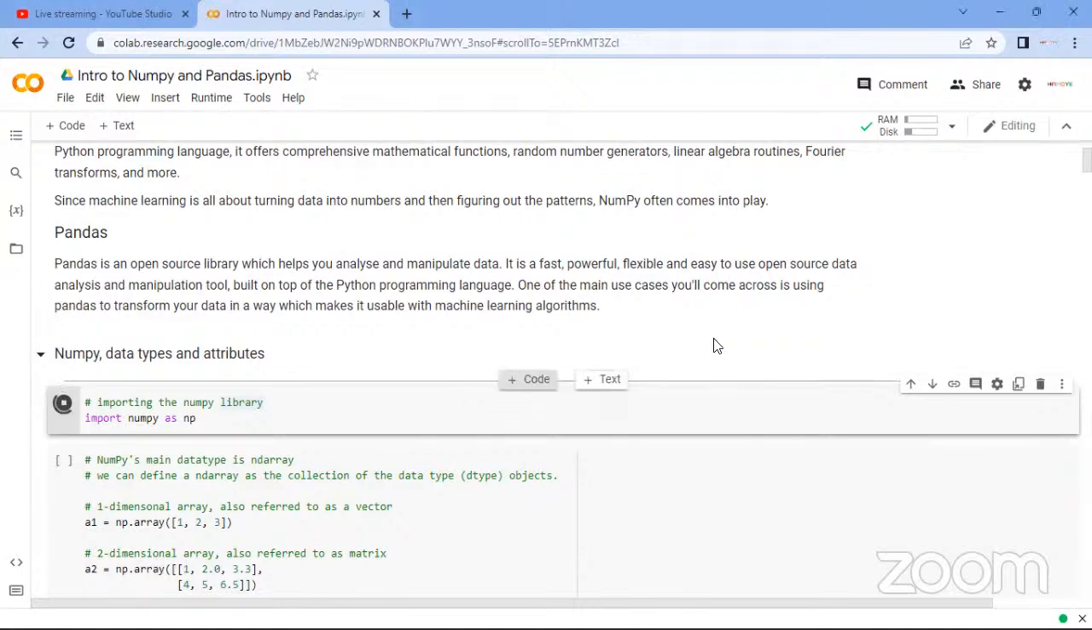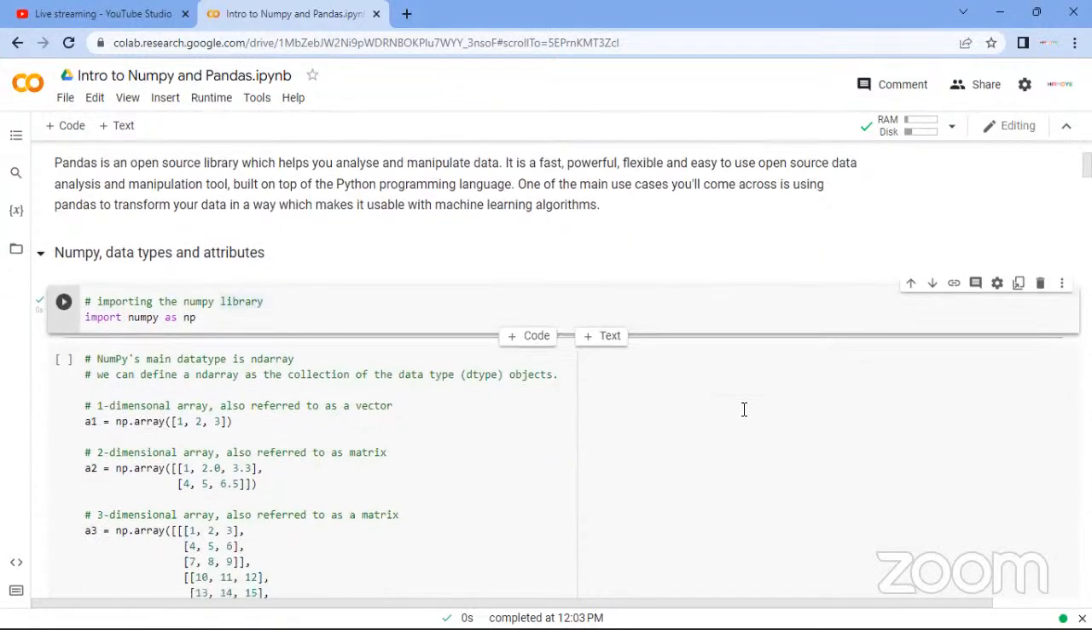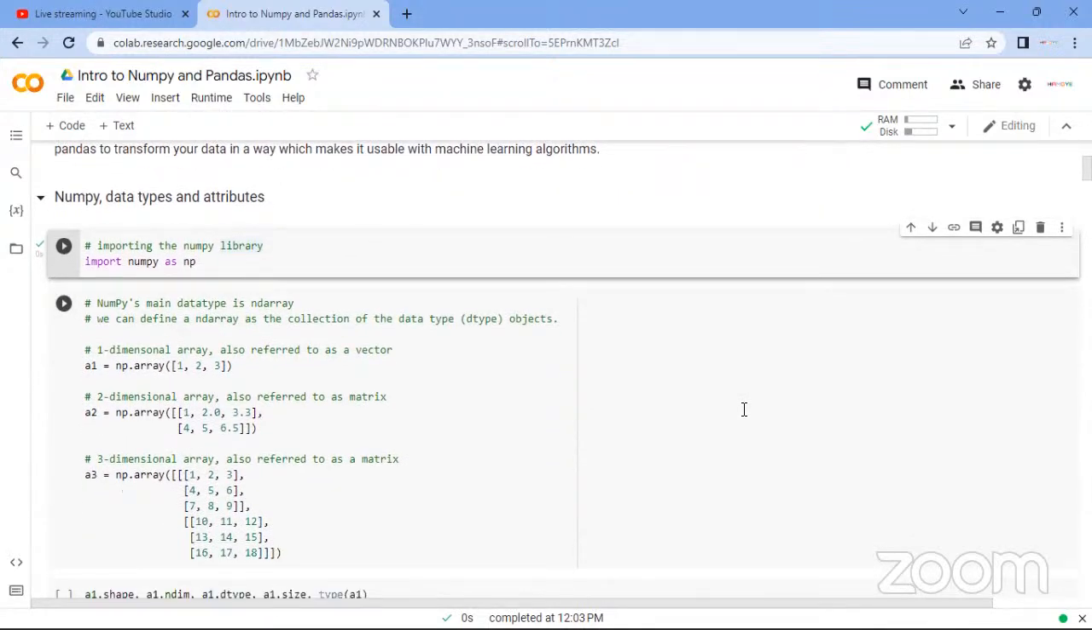So moving on, and basically I've already written down the codes to save time, so I'll be explaining as I move on to it. So the first one we'll be looking at is NumPy. NumPy's main data type is ndarray. By now, I think we already know different data types in Python, like floats, integers, int32, Boolean, and also for NumPy, the main data type is the ndarray, and ndarray is the collection of the